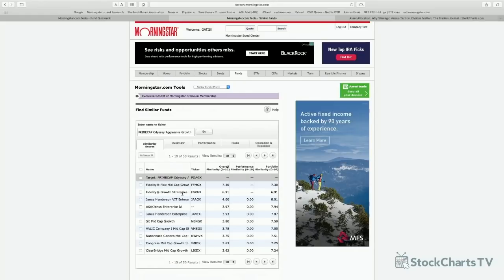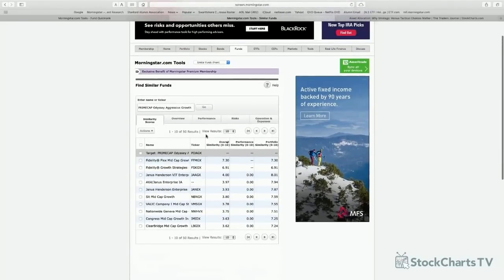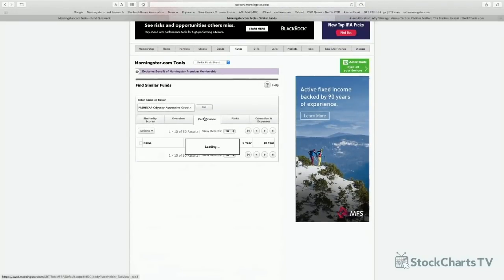We know the PrimeCap is closed, so why don't we take a look at some others that might be similar? We can hit this performance button. It'll show you the performance compared to its sister funds. And then you can do some homework and say, okay, unfortunately, I can't get into this fund, but